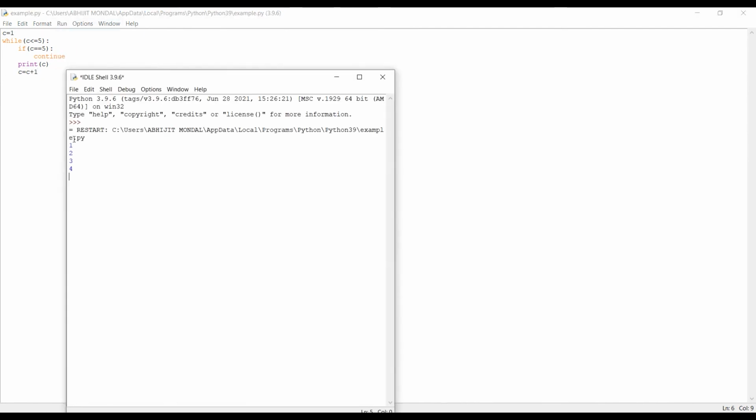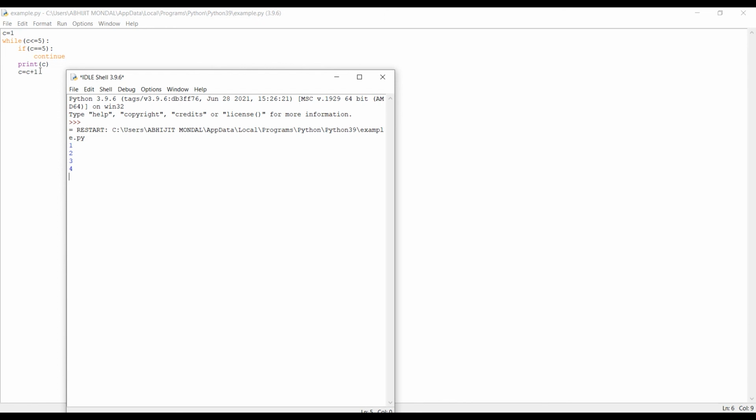Okay, so you can see it has executed all the statements within the while condition for 1, 2, 3 and 4, and when the value became 5, it jumped to the next iteration, that is continue. Now for c equal to 5, the statement was not to execute this. So what it did was it could not make any graduation, right? So in the next iteration when it checked that the value of c is 5, the condition for c was true.